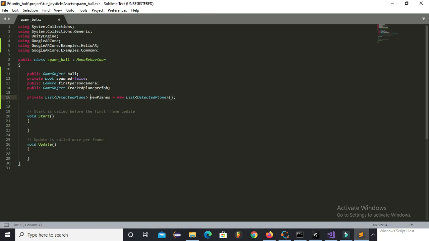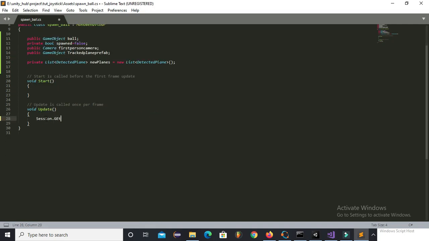So this is the list which will store the newly detected planes. Now this get trackables will return the list which will be filled with the newly detected planes. So the list will be new planes, and this list will store all the planes which are detected.